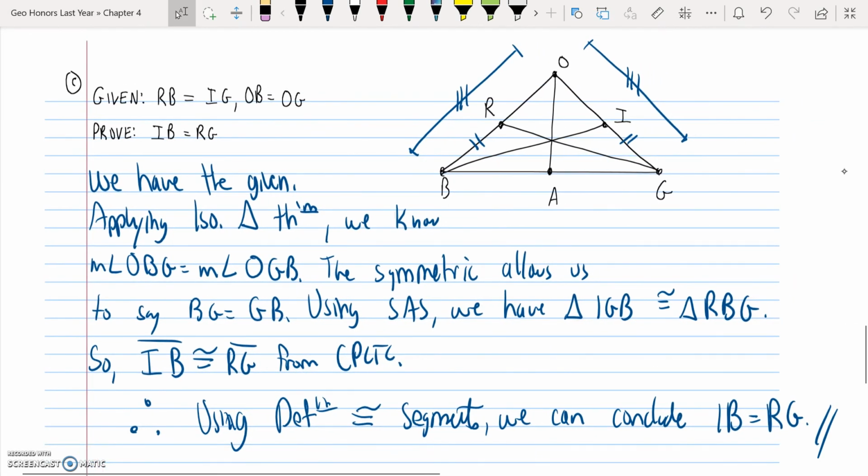And here is the last proof. We have the given. Right away, I'm going to use the isosceles triangle theorem to get these base angles equal to each other. And what I notice then is that I almost have this yellow triangle congruent to this overlapping green triangle. If we say symmetric BG equals GB, that gives us enough to use side angle side to prove the green triangle congruent to the yellow one. With corresponding parts of congruent triangles congruent, we have segment IB is congruent to segment RG, and then at the end we're going to convert to get